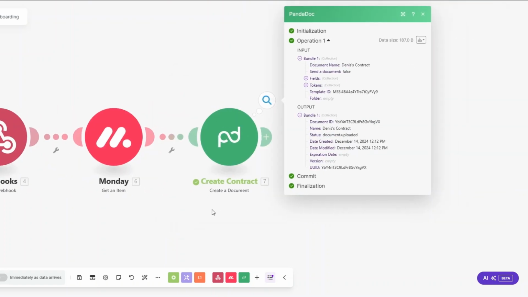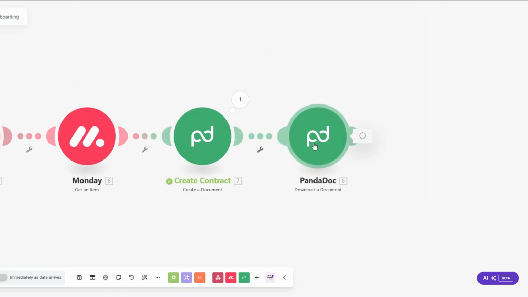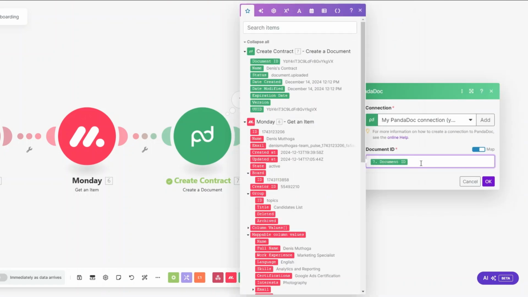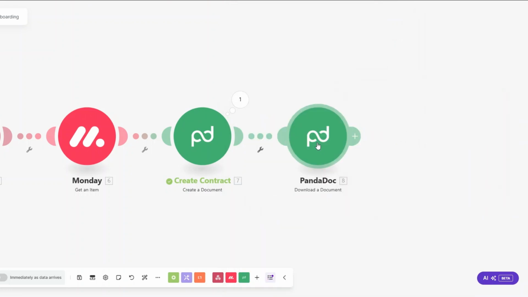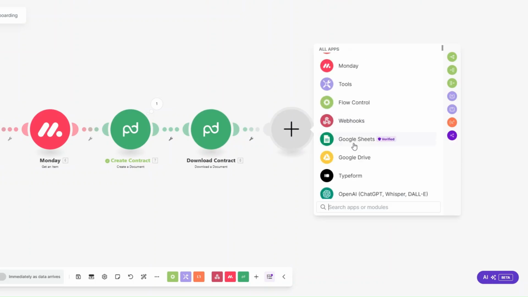You can see that we created our contract right here with this document ID. Now here we're going to add the document ID, which is the document ID of our contract, and click on OK. And then I'll rename this module to download contract and click on OK. The next thing we're going to do here, we're going to create our clients folder where